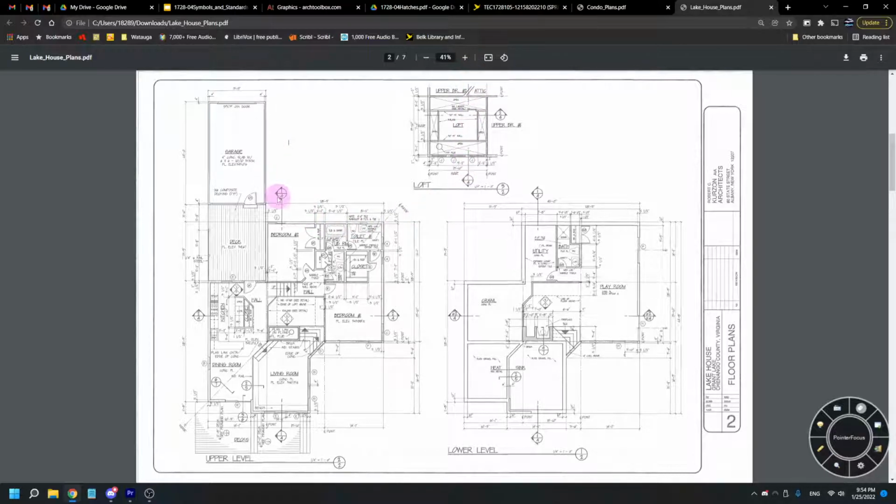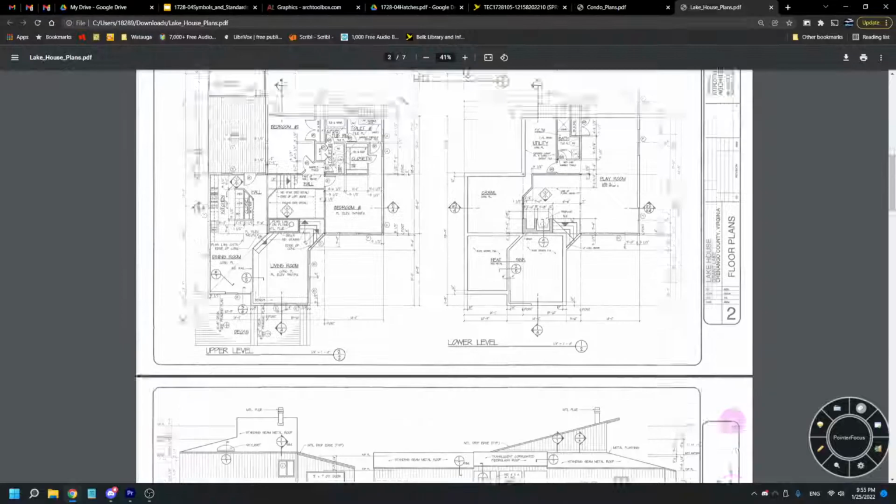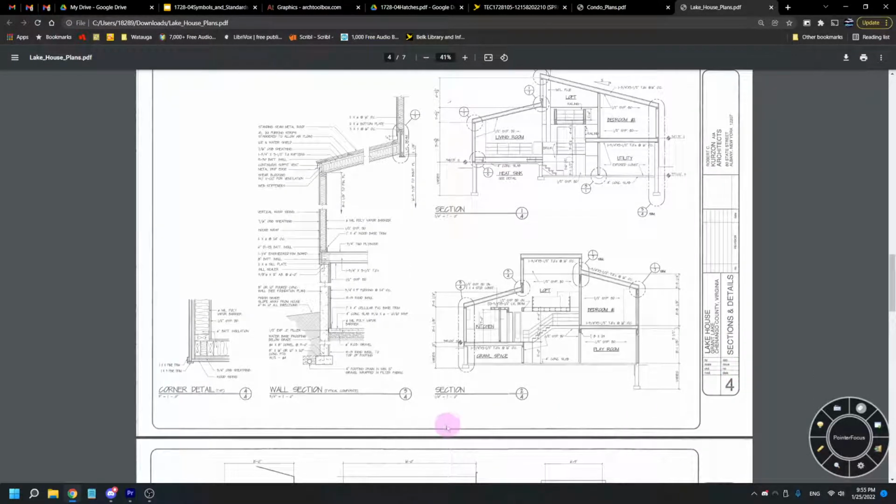So if I go look at that sheet, I'll be able to see vertically the building cut open, looking at this area that faces like the dining room, the kitchen, this deck, the crawl space underneath it, a little bit of this bedroom. All of that stuff would be included, and the loft area above it. So I'm going to go to sheet 4, and I'm just going to scroll down, and here I am at